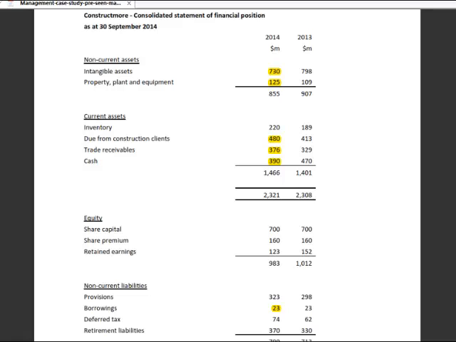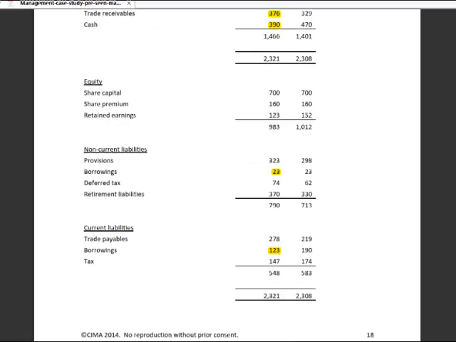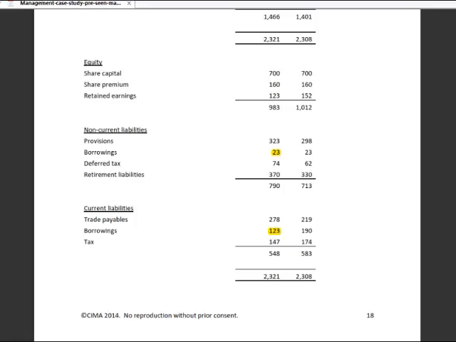The most important difference, of course, is cash. 390 million, although it's down from last year, but it's still a substantial amount compared with the 19 million for Build. So if you were looking at which company is going to succeed in a price war, the one with the biggest amount of cash is going to succeed, I would have thought, and Constructmore is way out in front. If we look at borrowings, non-current borrowings 23, current liabilities 123, so their gearing seems to be much lower than Build. Again, a big worry for Build, I would have thought,